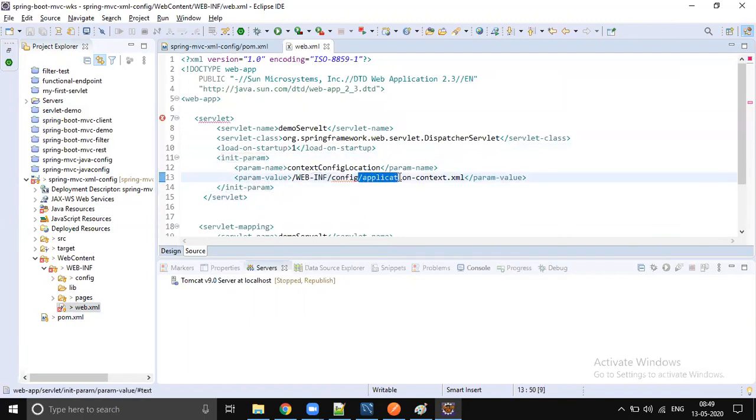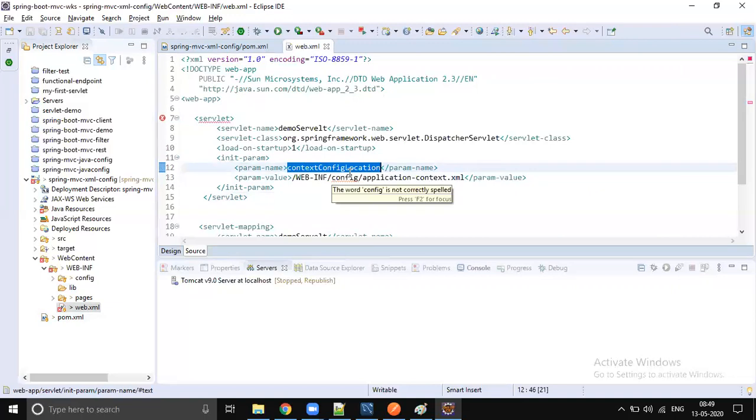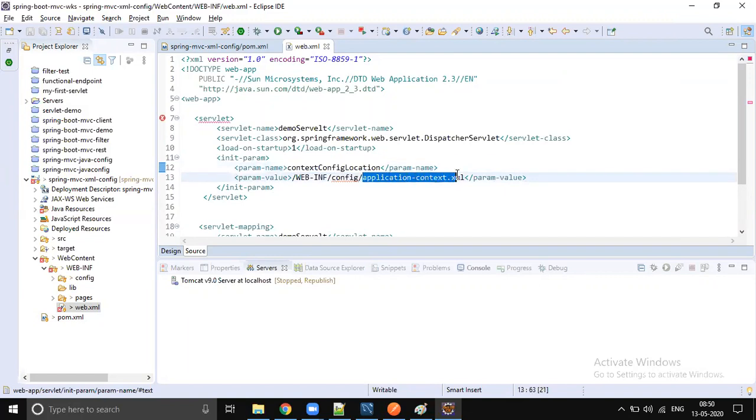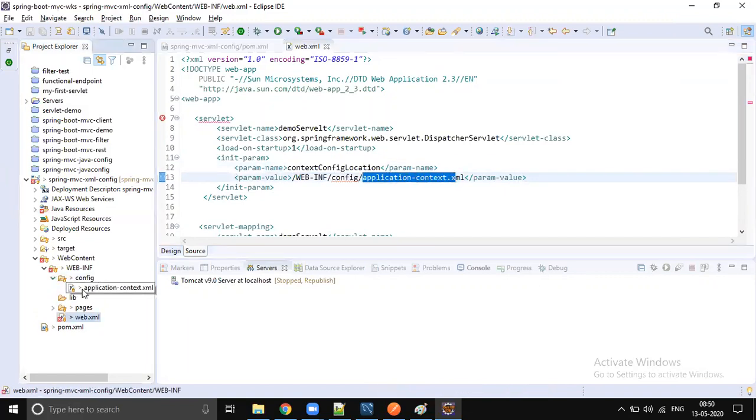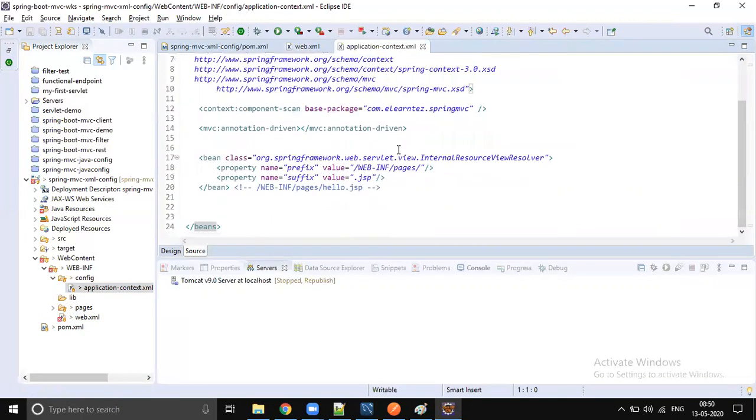The init parameter key name is always contextConfigLocation. This is not user defined, this is predefined. By using this parameter, we instruct Spring, saying that here is my application configuration file, right? So here we kept our application configuration file. Our Spring configuration will be present here.